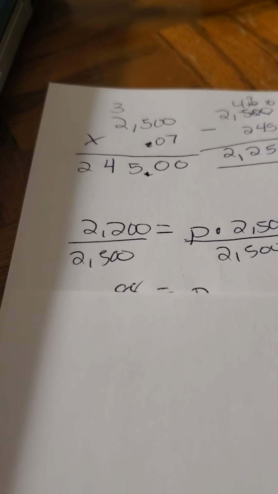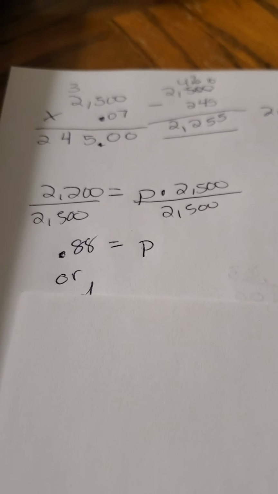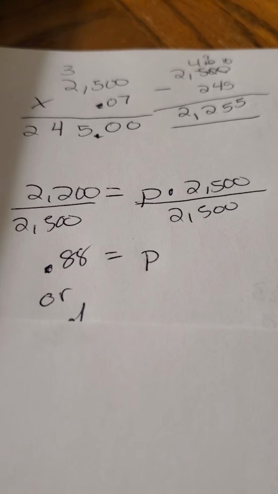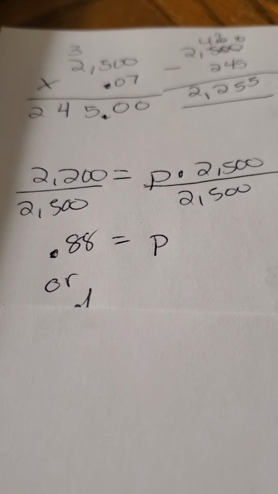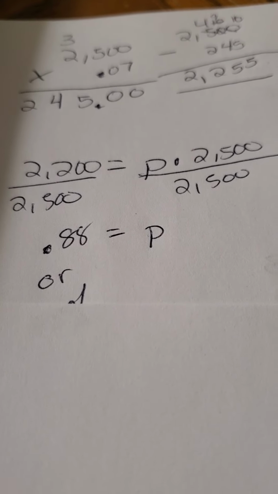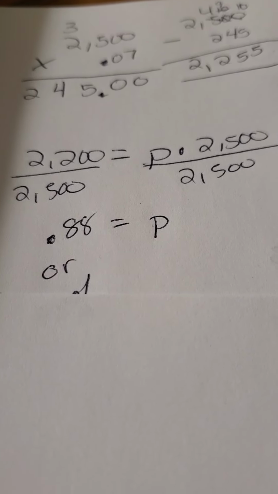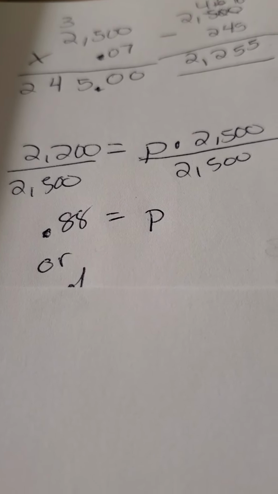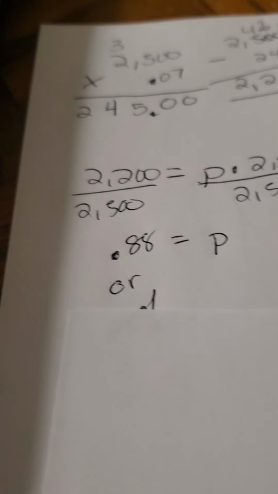The other method is to use the formula. If you want to know what percent of 2,500 is 2,200, set this up in a simple equation. Whole equals part. We have 2,200 equals what percent of 2,500. So we just work it out, divide by 2,500 on both sides, and we get 0.88, or 88%, which would be